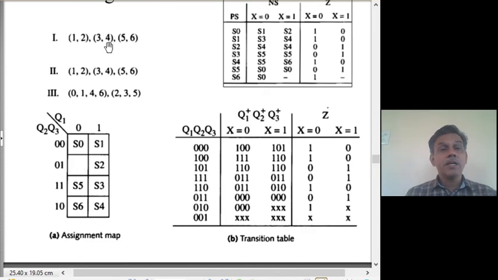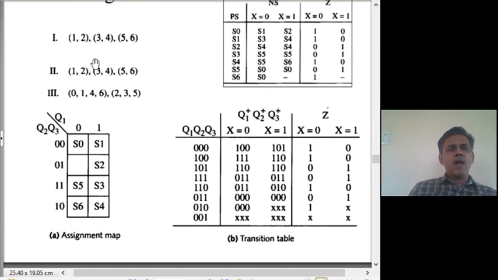But now, it may not be possible to accommodate all these conditions when you try to do a map. That is nothing wrong, because if you do it, you will reduce the complexity, but it is not that all of them can be accommodated. So, try to accommodate as much as possible. In general, you give preference to the state assignment and lesser to the output assignment. So, these two are stronger conditions as compared to the third. Again, because there are 3 bits which will get affected by this one.